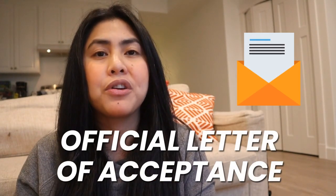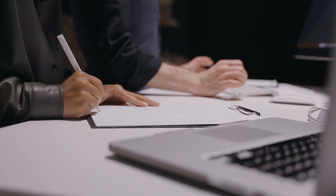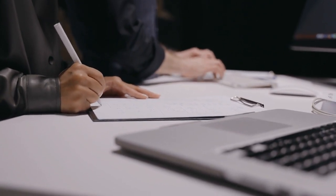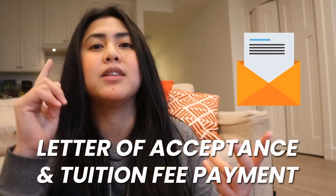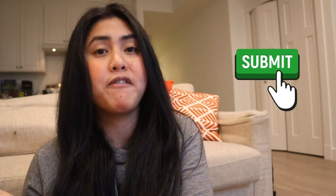And then once they receive the money, they would have to send you the official letter of acceptance. So make sure that you receive the official LOA. The letter of acceptance will indicate that they received the money, like the deposit, or you've already paid the tuition fee, or you will get a confirmation from the school. And that document, the letter of acceptance, and the tuition fee payment, you have to submit with your student visa